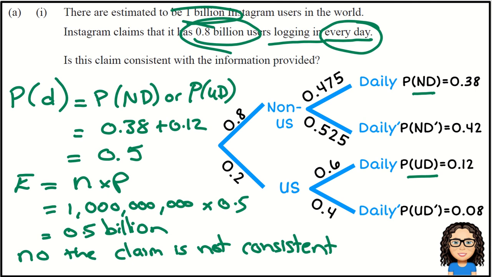So in terms of marking this, if you get the proportion correct of 0.5 and you get your conclusion correct, then that would get you through to your